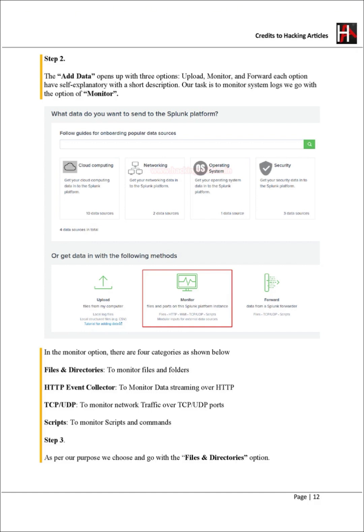Finally, we can start Splunk service with the below argument: service splunk start. Page 8 credits to Hacking Articles. Now, you need to make sure port 8000 is open on your server firewall, and then you can access Splunk on the web interface at